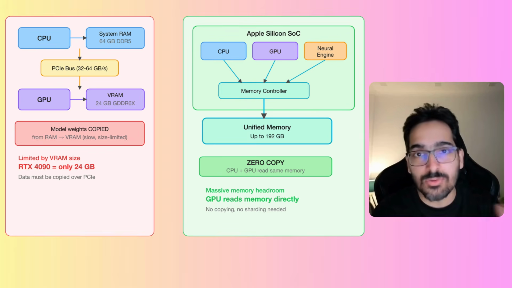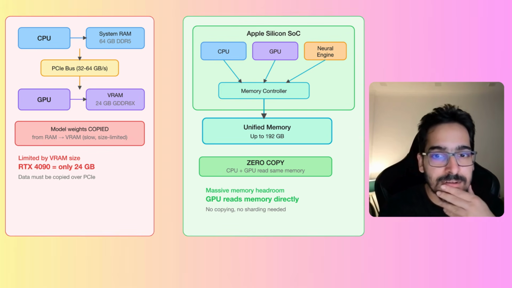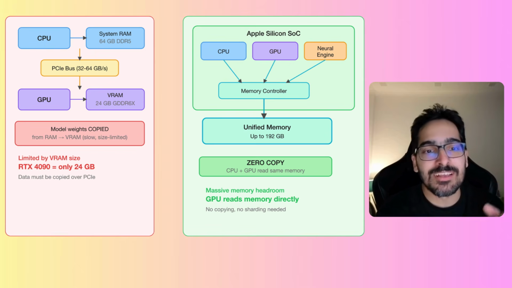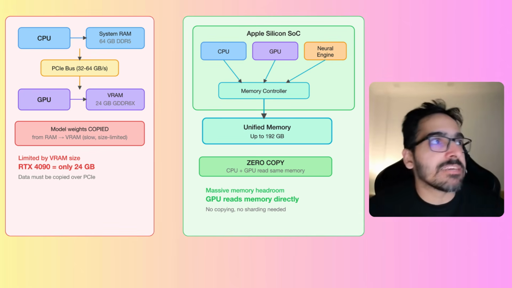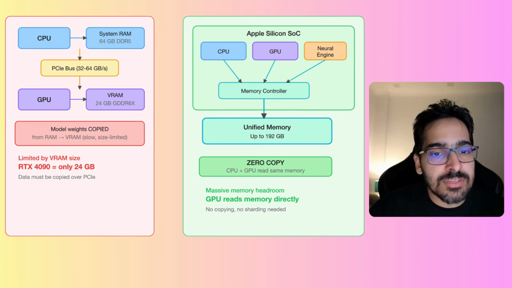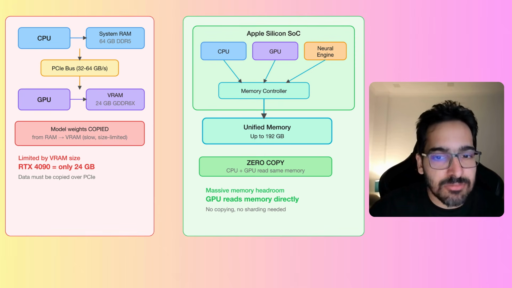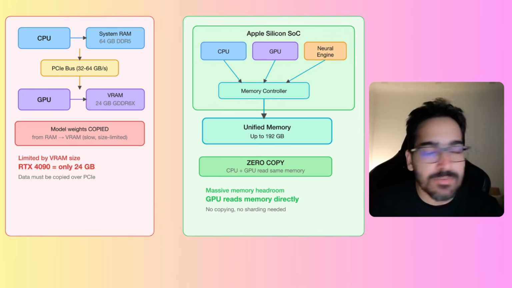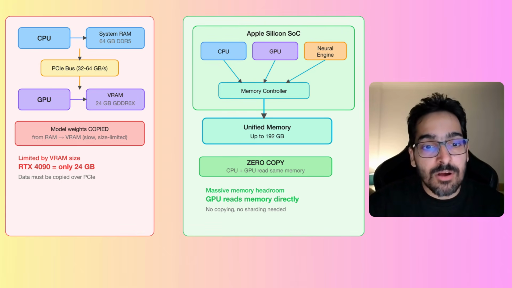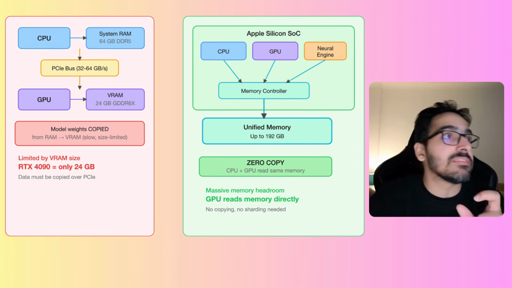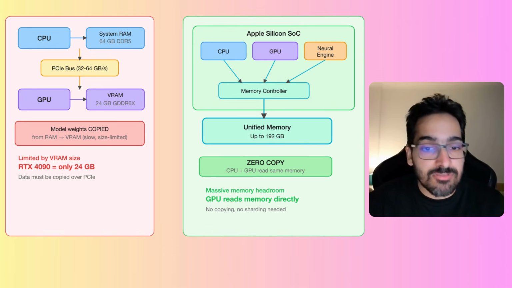So one of the things is like, you need NVIDIA for AI, right? And does Apple even have the GPUs? So yes, Apple Silicon does have GPUs, but let's try to understand it. If you see on the left-hand side, you have a CPU with its own RAM, and then you have a GPU like an RTX 4090 or whatever that is, with its separate card and own memory, which is VRAM. Now, when you want to run a model, you have to copy everything, the model weights, from the CPU RAM to the GPU VRAM over the PCIe bus, which slows the process,